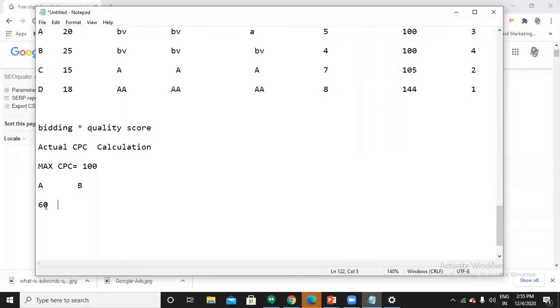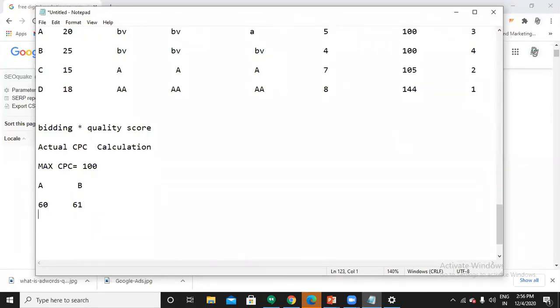A's bidding is 60 rupees. Tell me how much Google will deduct from B's account. 61 rupees. So basically it takes an extra 0.1 from you and places your ad. But as per our understanding, I'm just saying, it's 1 rupee. In fact, it's 0.01.